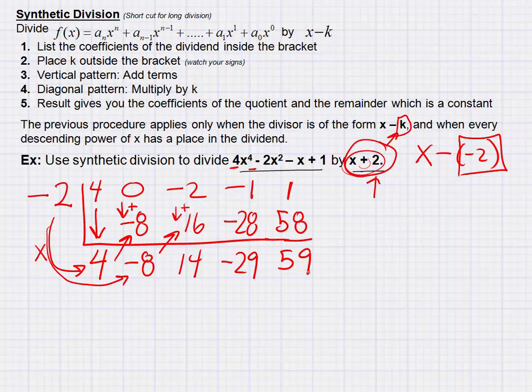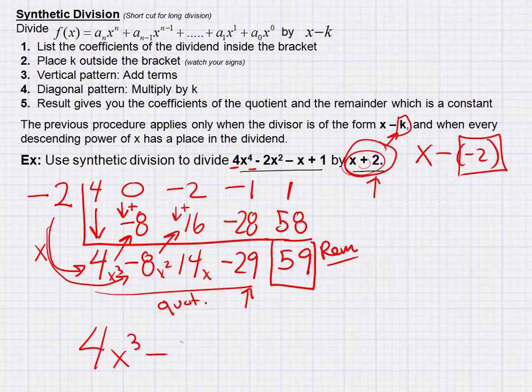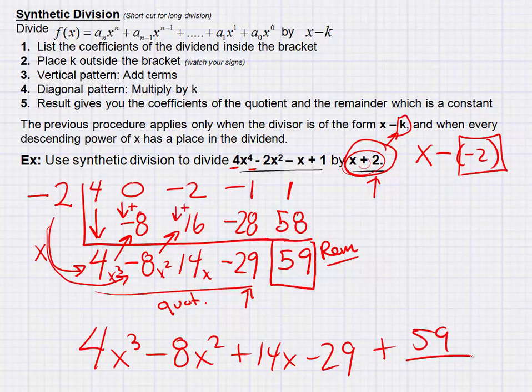So now I've got to make sense of this. The last number on the end is always going to be your remainder, and the rest of it's going to be your quotient. So make sense of your quotient. This is your constant, and work your way back the other way. So this would be an x, this would be an x squared, and this would be an x cubed. So I have 4x cubed minus 8x squared plus 14x minus 29 plus 59 over the original divisor, which is